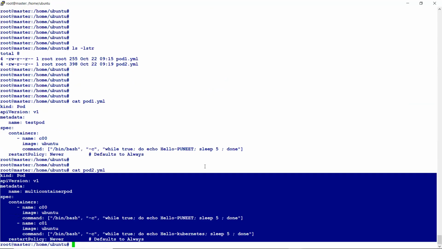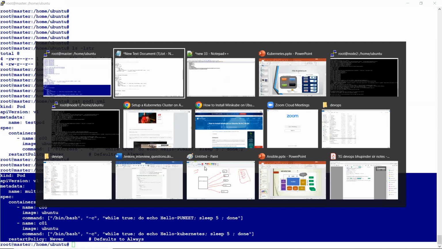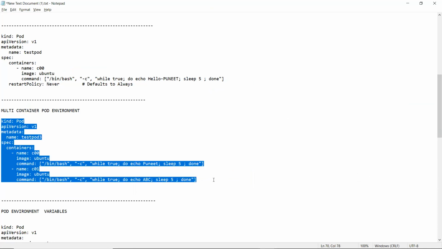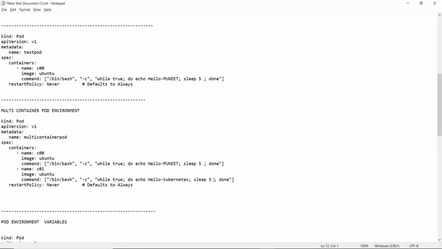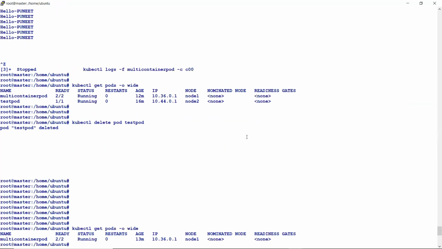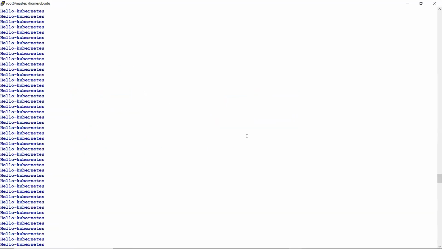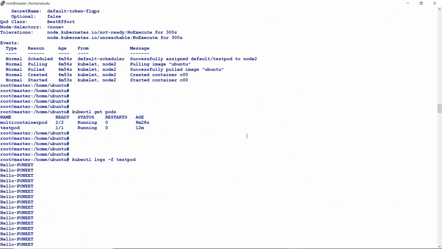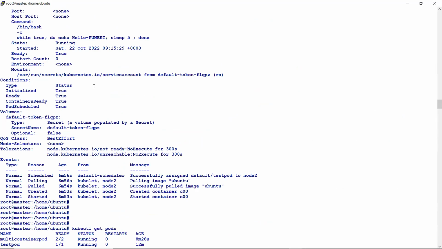So you have a concept of namespace here as well. Namespace is like an area where you are creating the pods. By default, the pods which you are creating are in the default namespace. So if we see the logs that we got earlier for this,